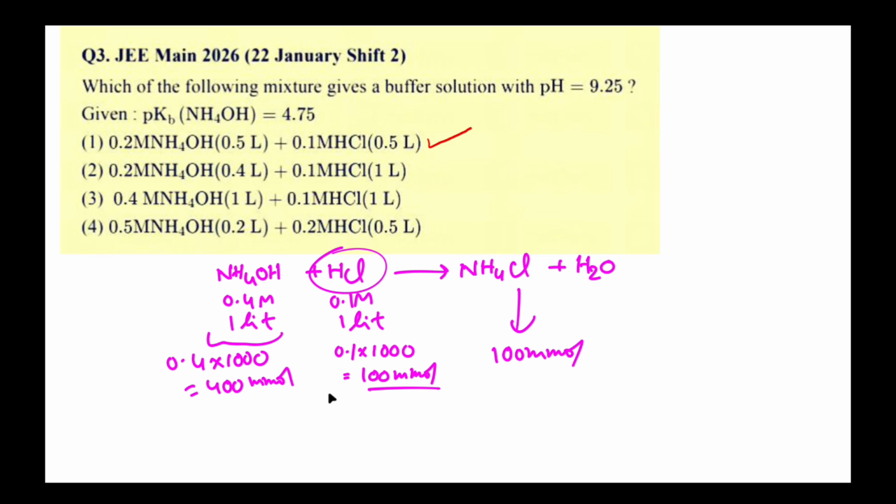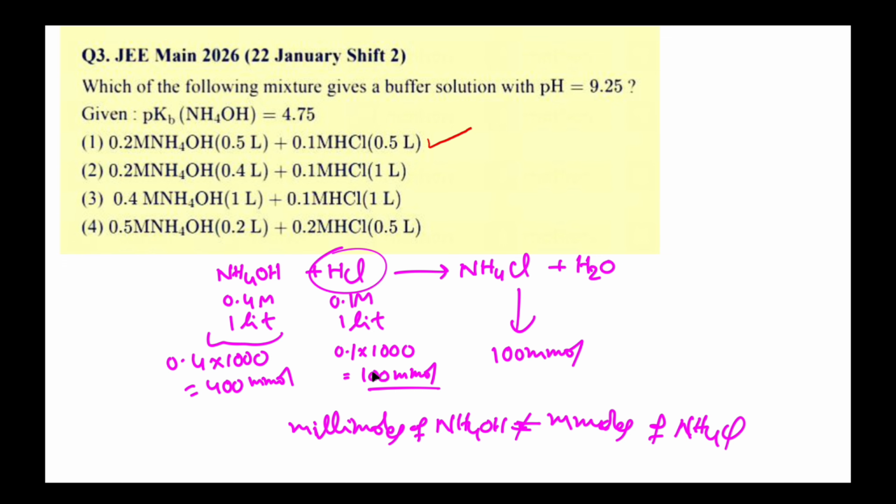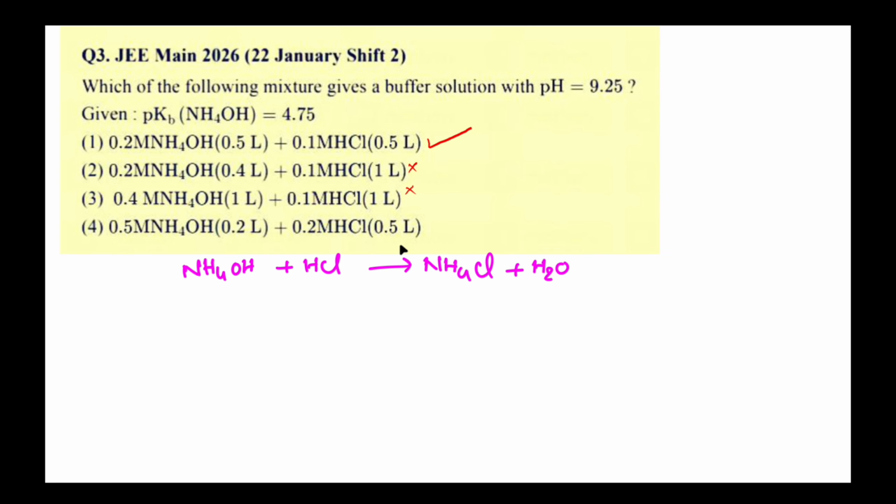But in this reaction, millimoles of NH4OH is not equal to millimoles of NH4Cl. After completion of this reaction, we still have 300 millimoles of NH4OH. So millimoles of NH4OH is not equal to millimoles of NH4Cl. That's why it is not a basic buffer solution. So in that fourth option,